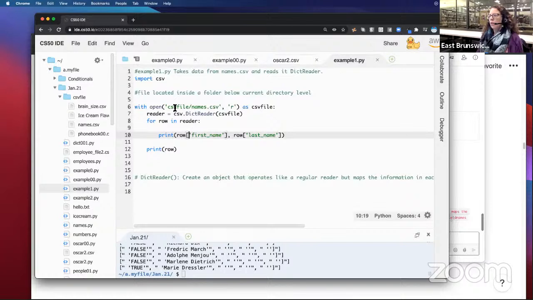It's going to take that file, names, and open it. So line 6 is going to open it. Then it's going to save it as a dictionary, so it's going to index it. And then it's going to go through each row, and I'm going to tell it to print the first name and the last name. We can actually do this